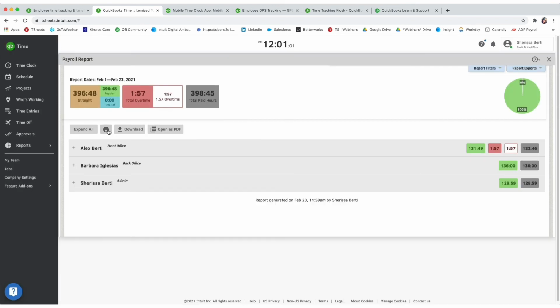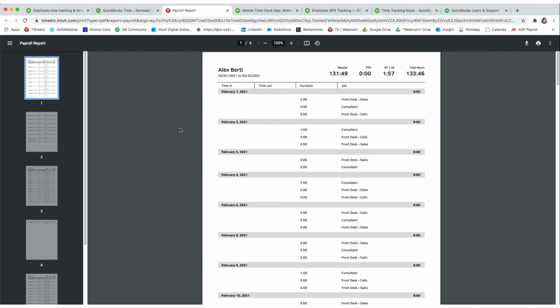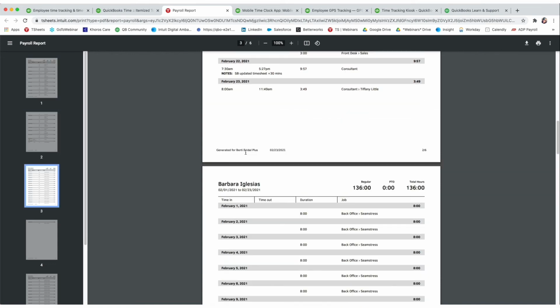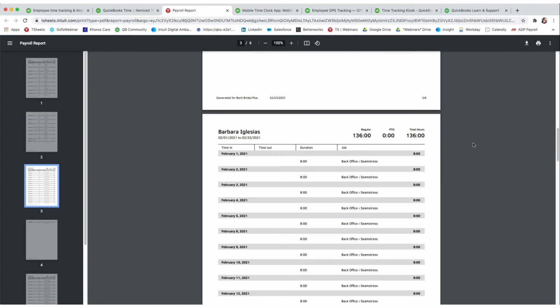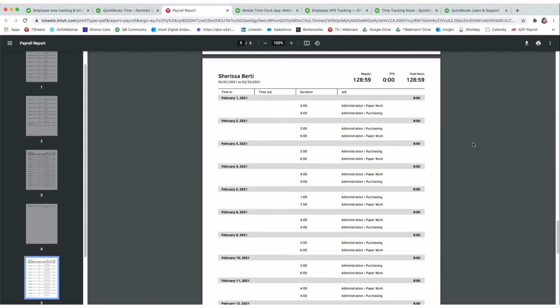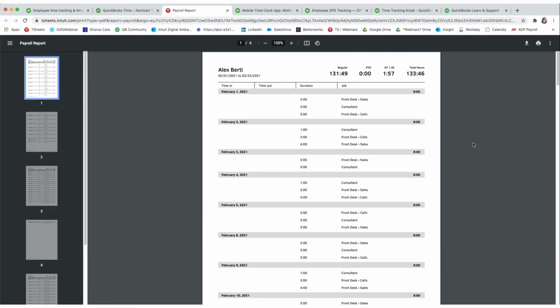I can print the report as well as download it if I need to, but my favorite way to view it if I need to print it out is opening it as a PDF. I love this feature. It's a clean, crisp report that you can view and print out, and it also has page breaks between each user, which makes it super helpful and easy to print these off and put them in personal files. That way there's no overlap. So you'll see that there is a page break between each user, and it's that easy to go ahead and